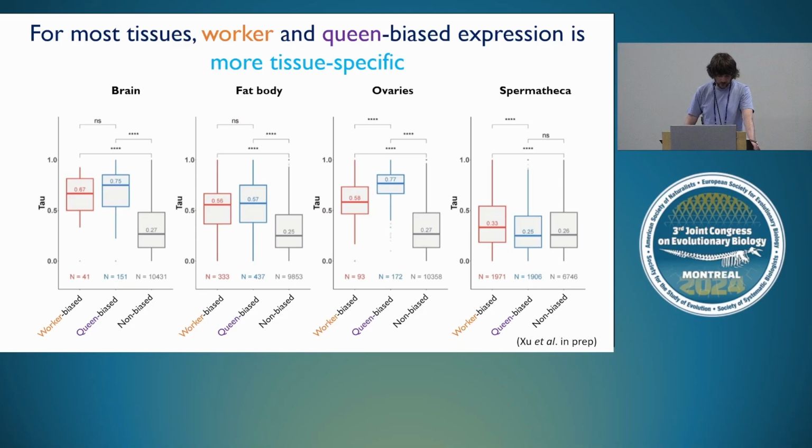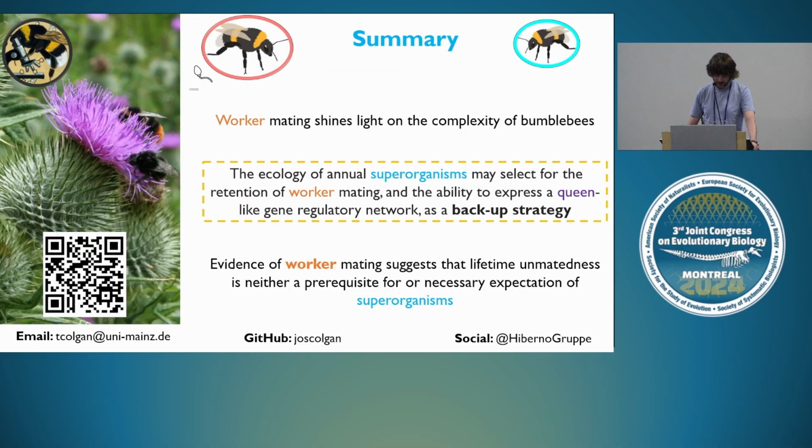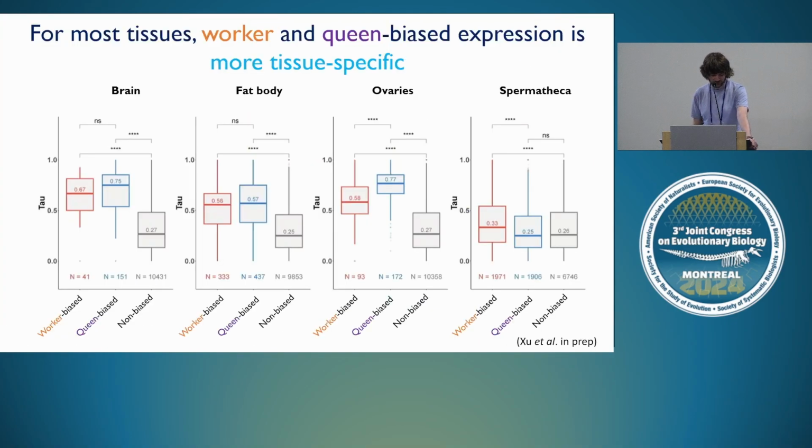So if we look within the brain, fat body, and ovaries, these tissues where we find moderate differences, the genes that are expressed in these tissues are generally more specific. So here on the x-axis, we outline whether a gene is worker, queen, or non-biased, and on the y-axis we have tissue specificity measured in terms of tau. A tau value of 0 indicates a gene that's expressed in all tissues. A tau value of 1 means it's tissue restricted. So what it's showing here is that within your brain, your fat body, and your ovaries, generally these genes have higher levels of